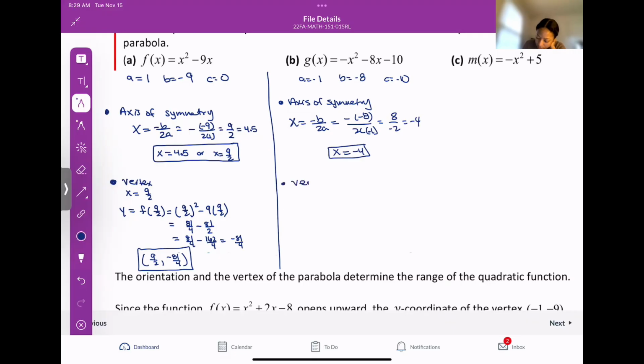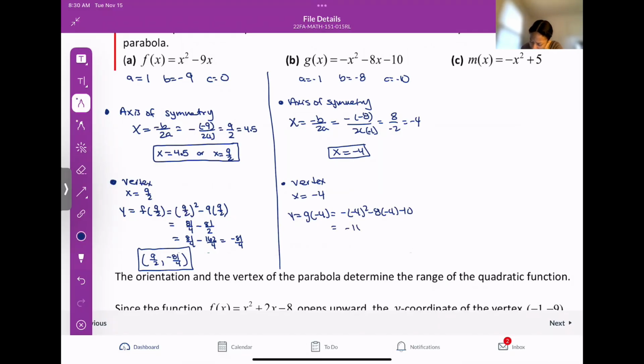Then for our vertex, we know that x equals negative 4. y is going to be equal to g of negative 4. That's negative 4 squared minus 8 times negative 4 minus 10. Negative 4 squared is 16, and then they have a negative in front, so negative 16